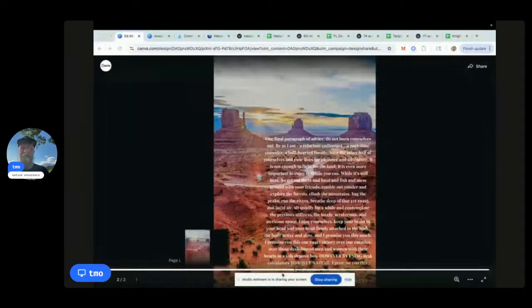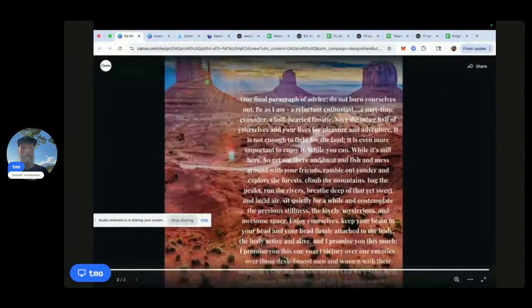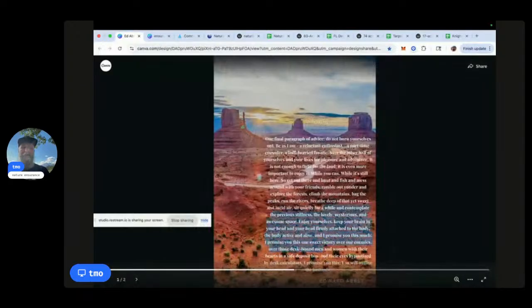I think this is from maybe Desert Solitaire or something. I'm not going to read it. I can zoom in on it, but it's one final paragraph of advice, basically. Get yourselves out, run the rivers, bag the peaks, whatnot. And it says here in the normal one, you'll outlive your enemies by basically